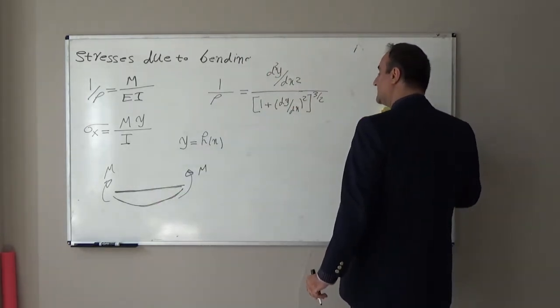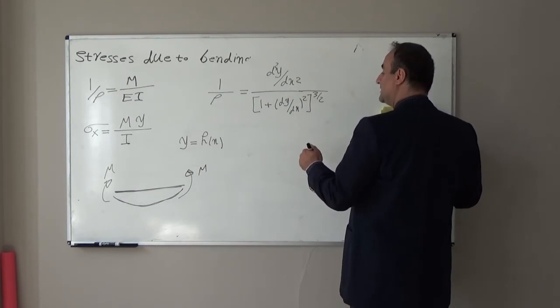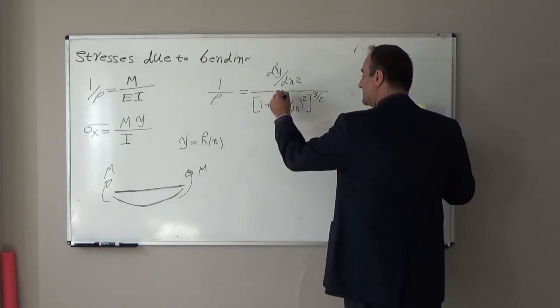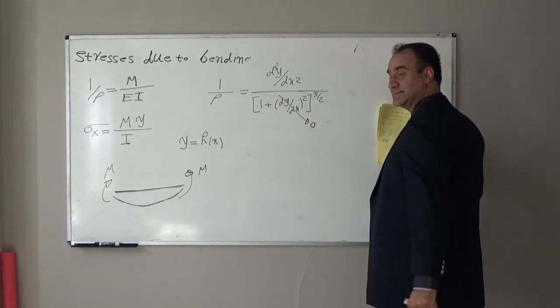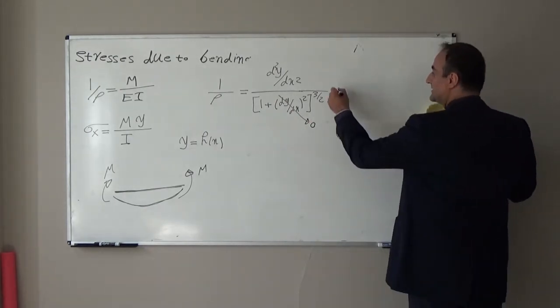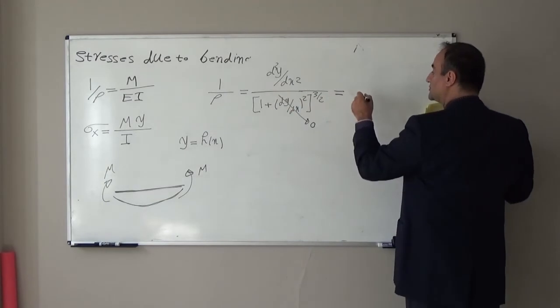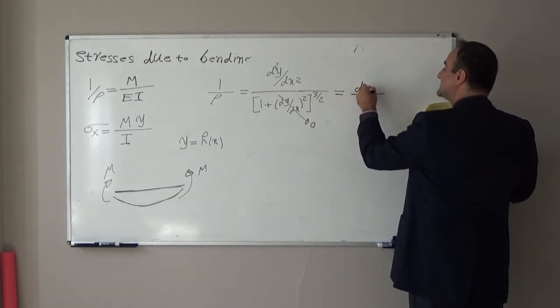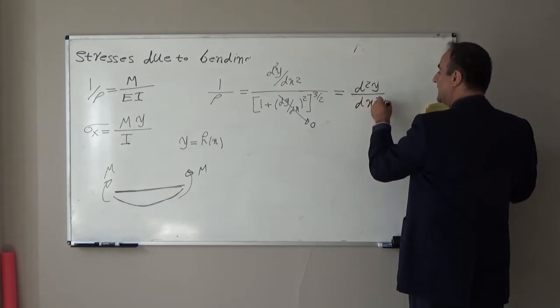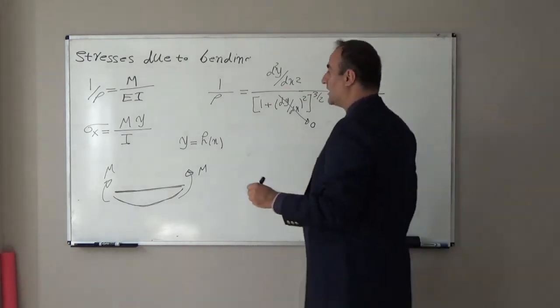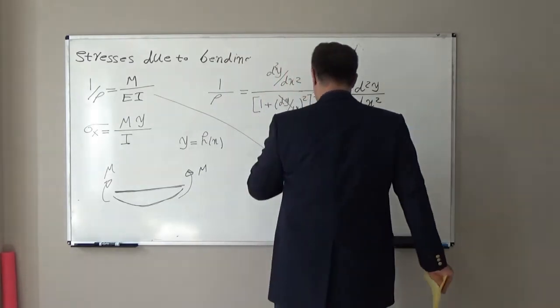A very small quantity squared will be very small, so it will be close to 0. So we can neglect this term. If I neglect that term, curvature 1 over rho will be equal to second derivative of y over x. So I can write here